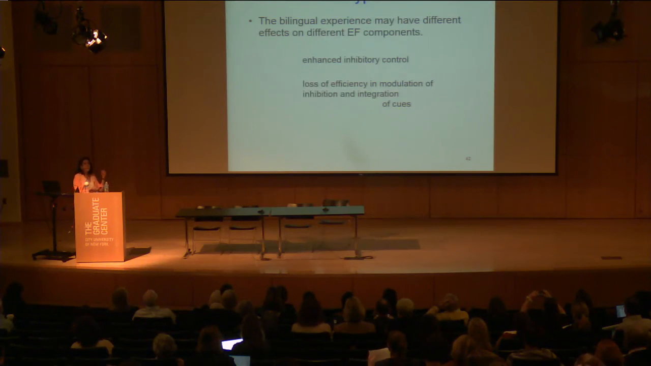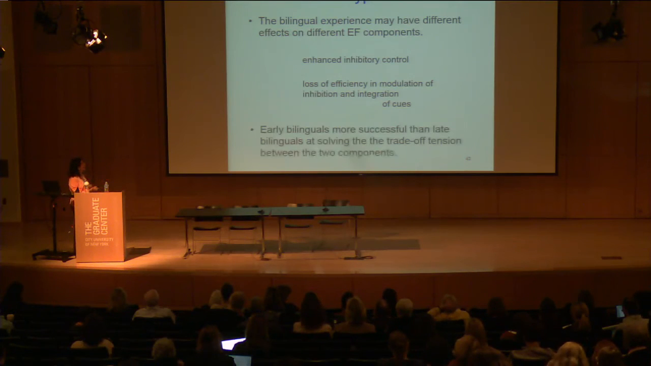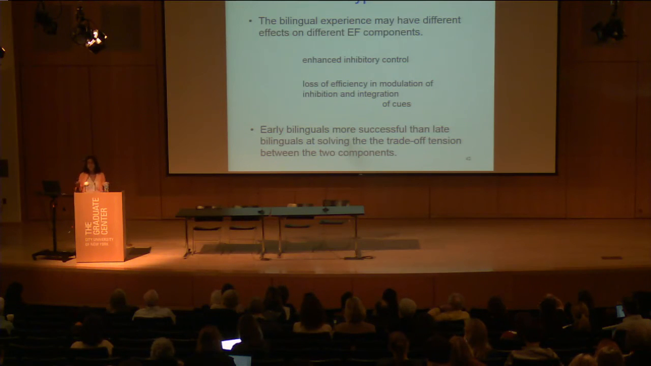So I'm arguing that the bilingual experience might actually have different effects on the balance between different components of executive function. On the one hand, you might have enhanced inhibitory control. On the other hand, you might have less efficient modulation of inhibition and integration of cues as the other side of the coin from enhanced inhibitory control. And early bilinguals might be better at adapting their attentional control, their attentional system, to solving that tension depending on the task